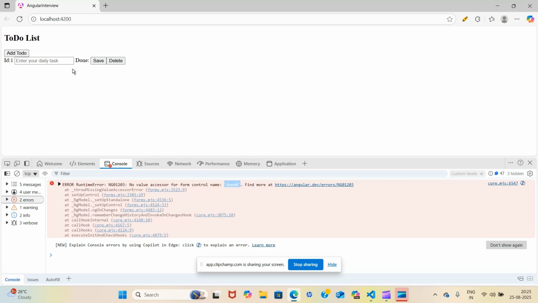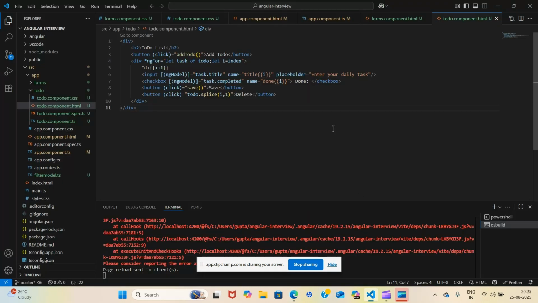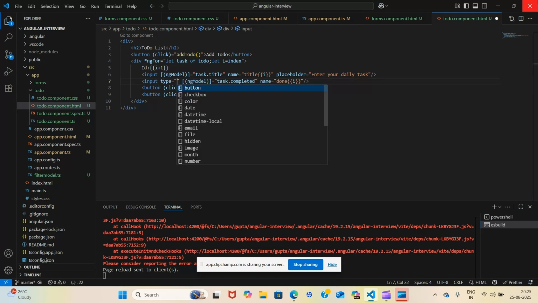Basically the checkbox we have created, so there's an error. Oh okay, my bad. This error is coming because we are using this checkbox. We don't need this. It should be input type checkbox, right? Because we want it from the user.